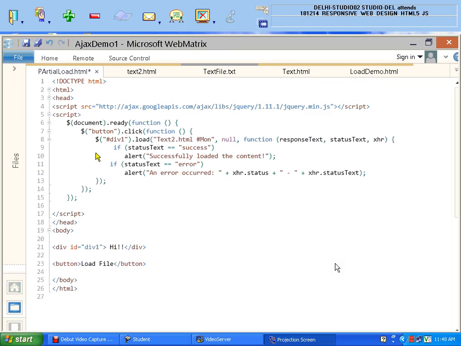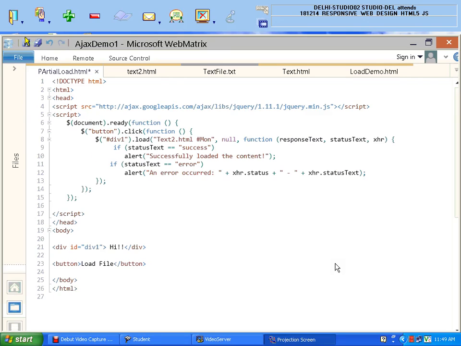So this XHR is the XML HTTP request object here. With the help of this XHR, I can get the status of this program when I try to upload or load that. Now XHR.status, and what is the text of that status?